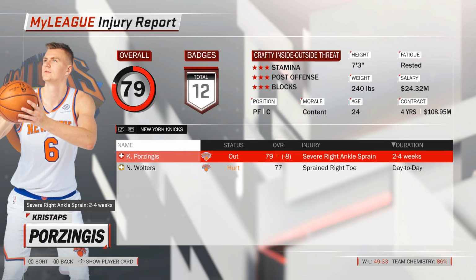After the game then, some bad news for the Knicks. Kristaps Porzingis is very likely out for the rest of the series with a severe right ankle sprain. So with Porzingis out and home court advantage, things aren't looking too bad for Game 5, but before we jump into that,